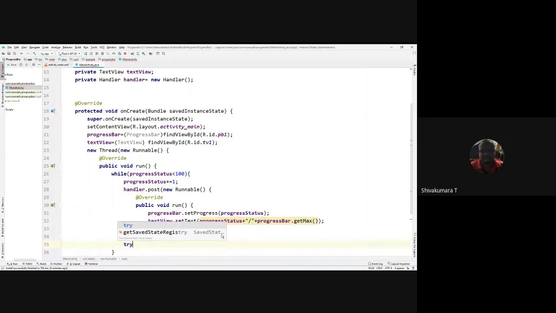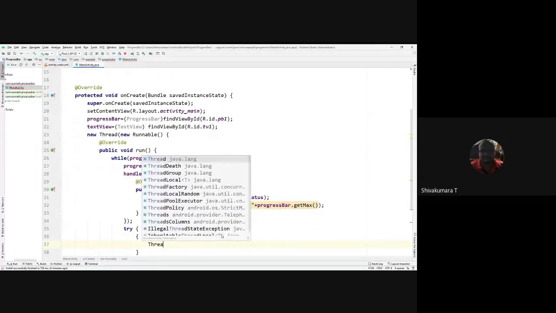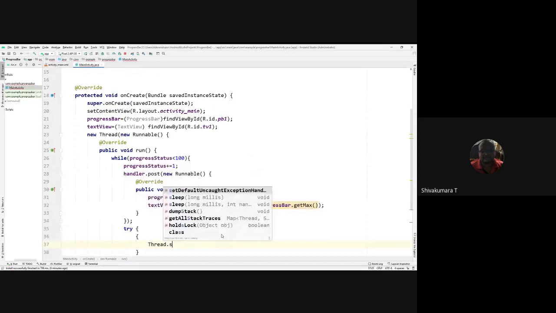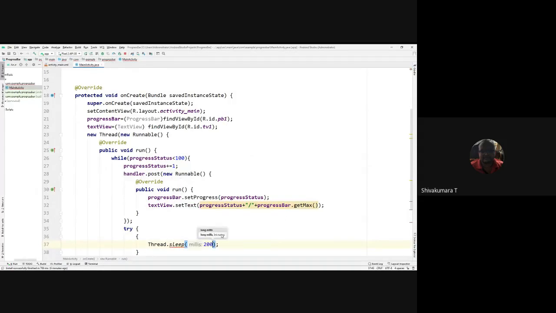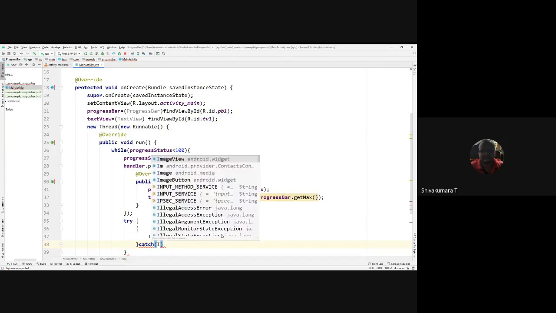Handle the exception. The possibility of exception is if the thread fails to load. Sleep, so slowly it loads, in milliseconds. Slowly it loads the thread. Then handle the exception. Catch InterruptedException, if you don't want to continue.